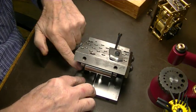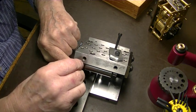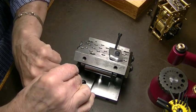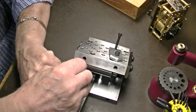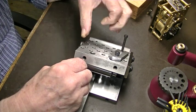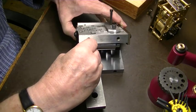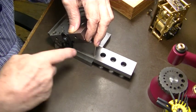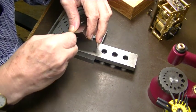Put the parallel in here, put the 30 in, put the 5 in, like that, with both the small ends together. And put it in like that. Whoop. And it wants to slide down. Sorry about that. You put your 30 and your 5, which is 35, and you adjust the angle here by